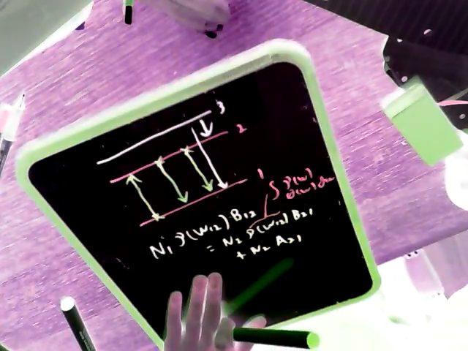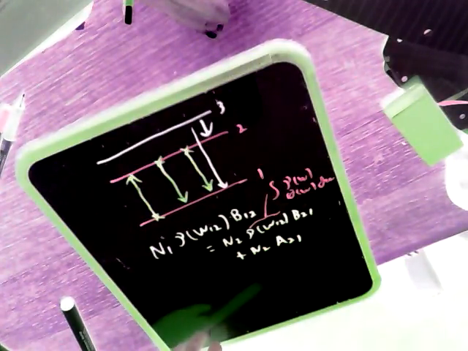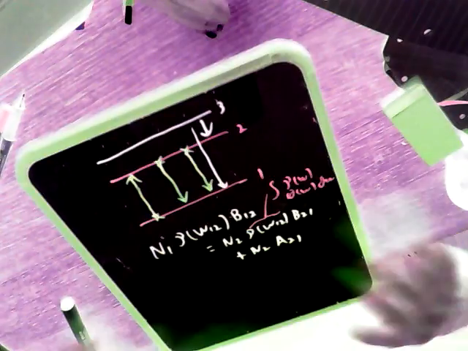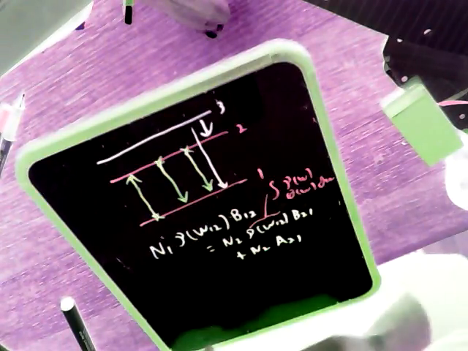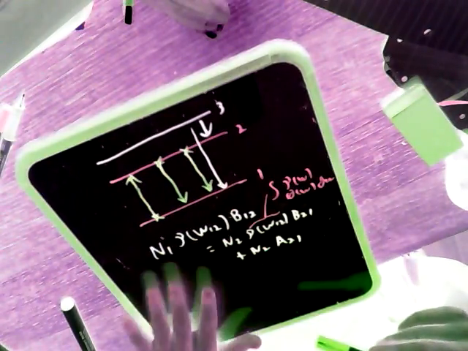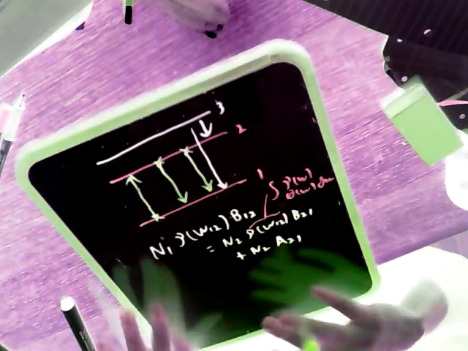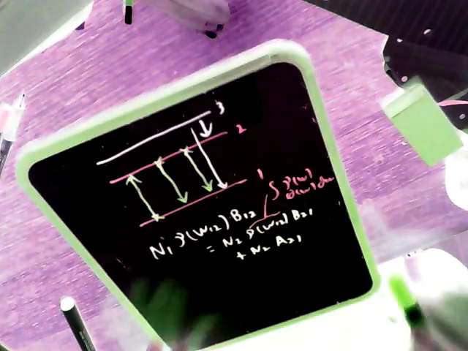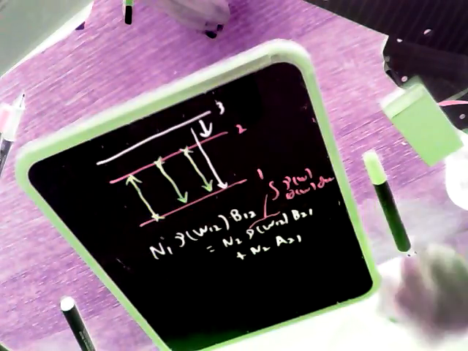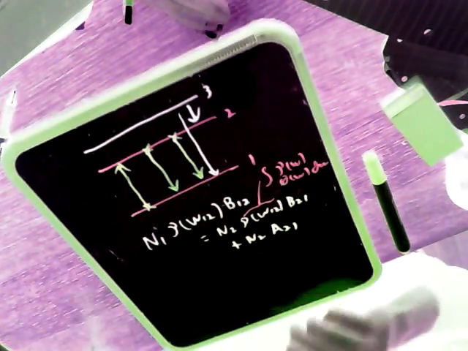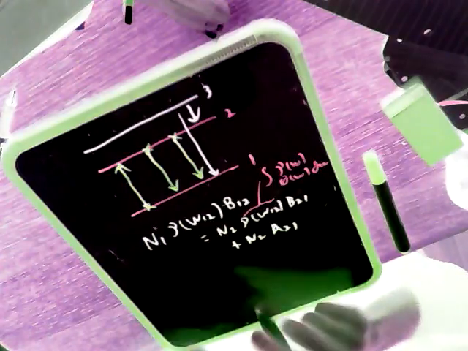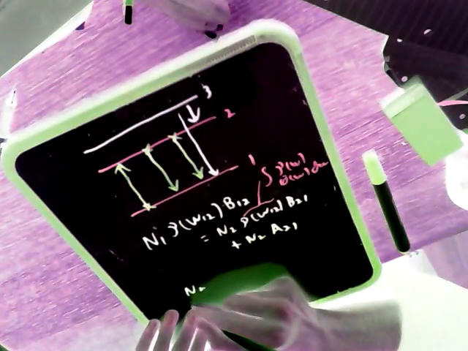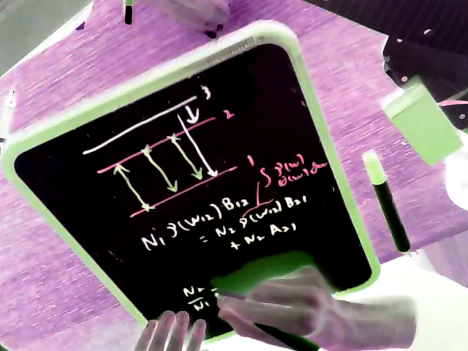So we're going to rearrange this, but we're not going to rearrange it in the way you might think. You can rearrange it in the way you might think, i.e. making rho omega on one side by itself. We're not going to do that. What we're going to do instead is make the ratio N2 over N1 by itself. This just makes it slightly more convenient for us later. So we have that N2 over N1 is equal to